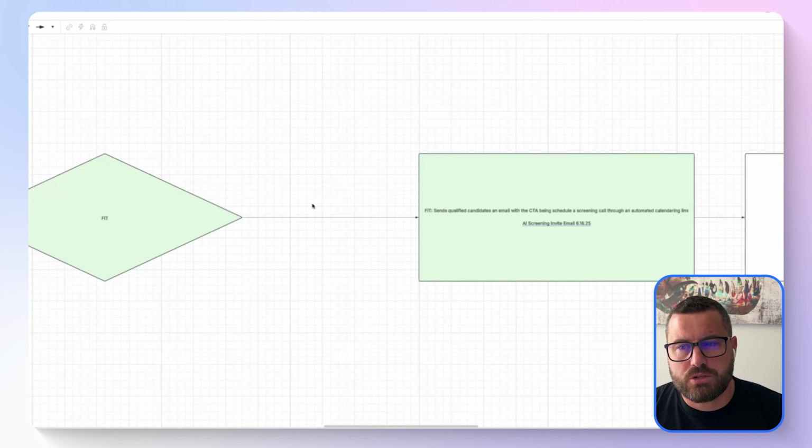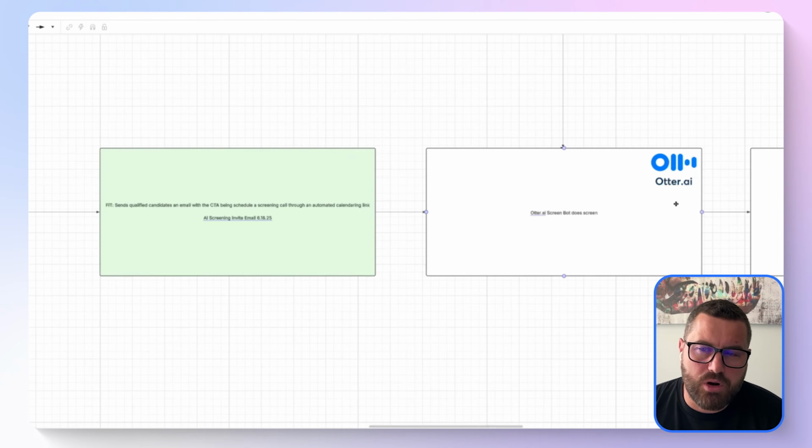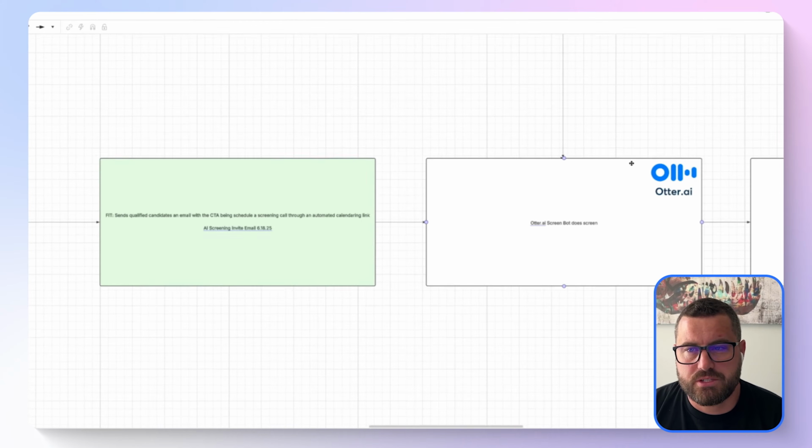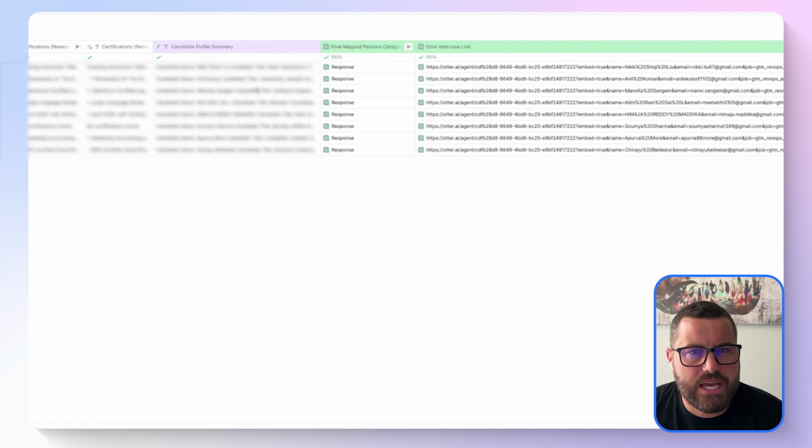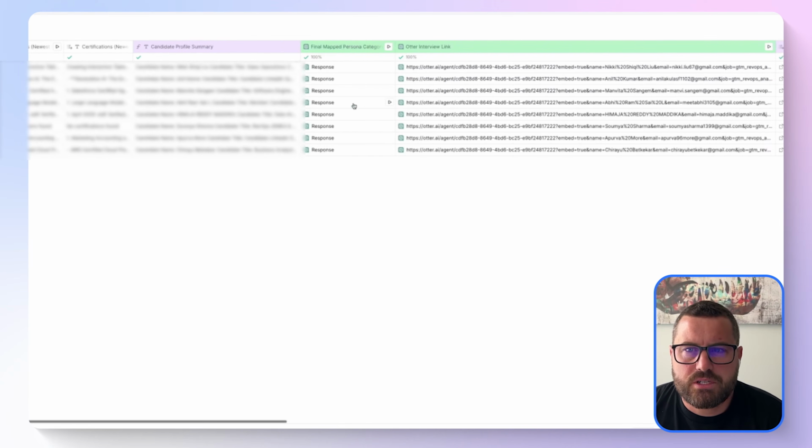So we essentially looked to a partner, and we ended up working with otter.ai to build the first AI recruiting screening bot that they had built. And I'm really happy to announce that it works exceptionally well. And so what ends up happening is the Otter bot itself is going to take a fit candidate. We're going to give them a